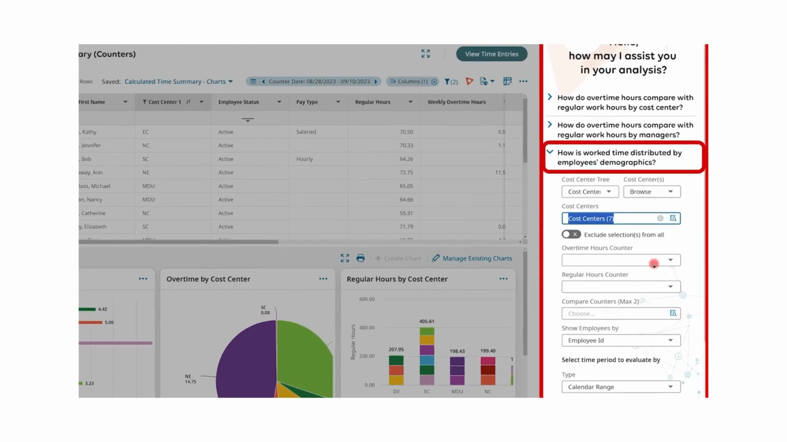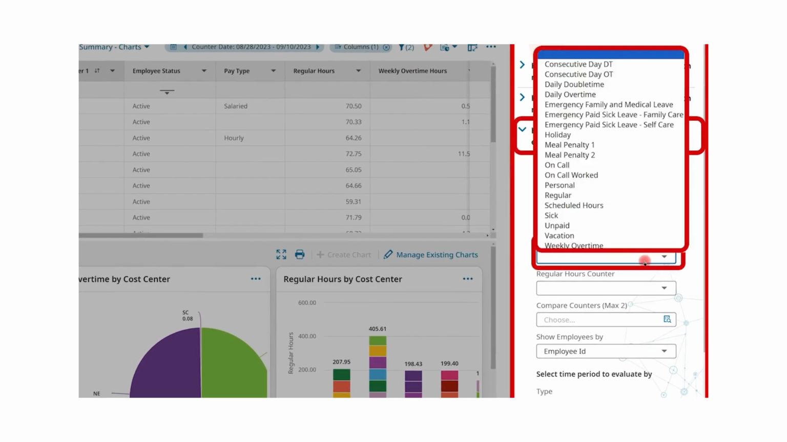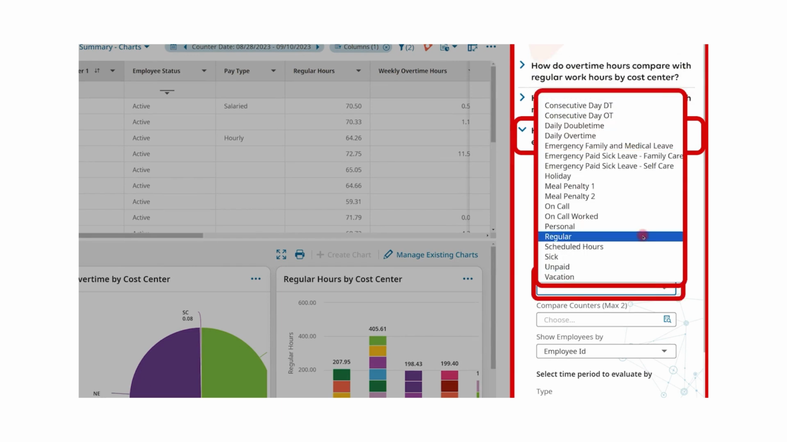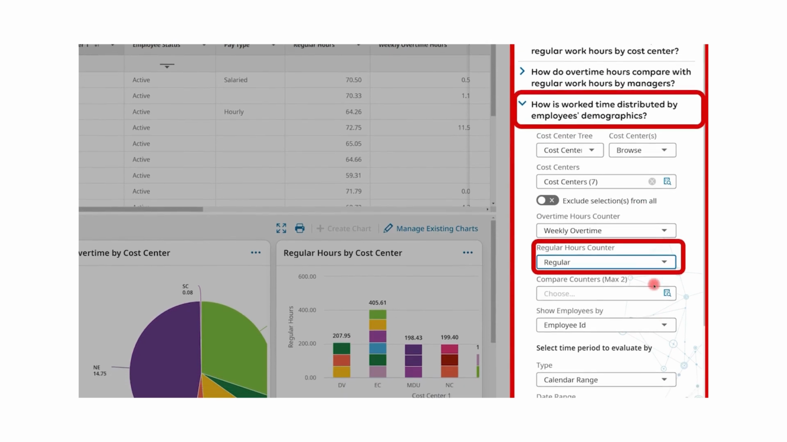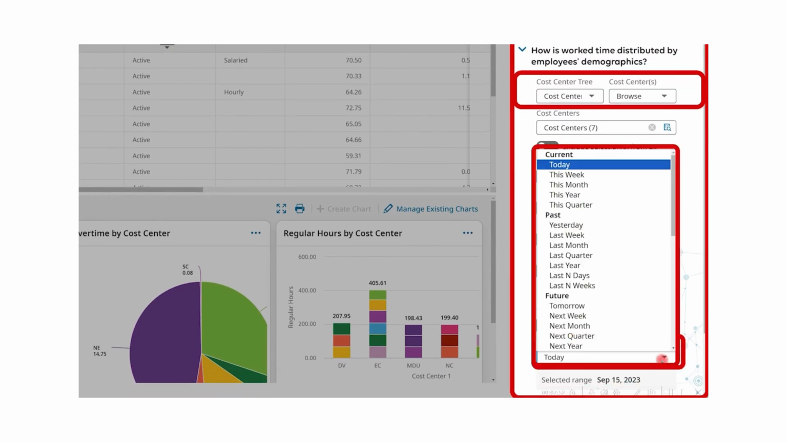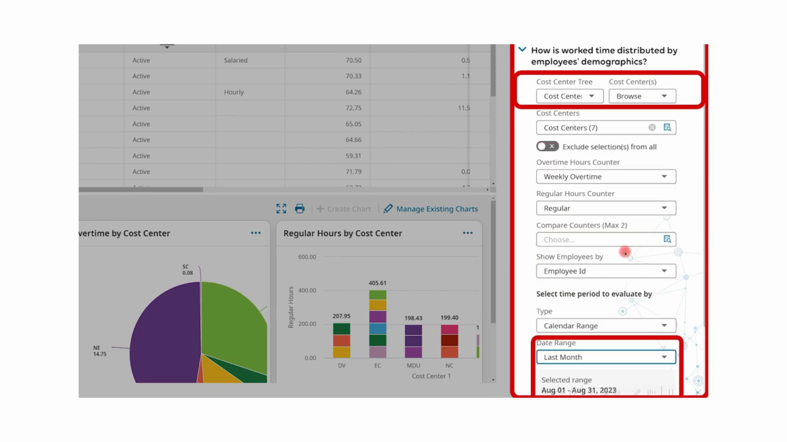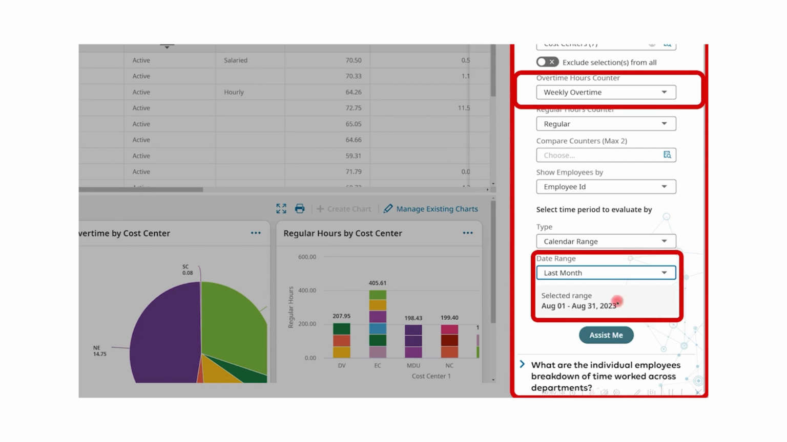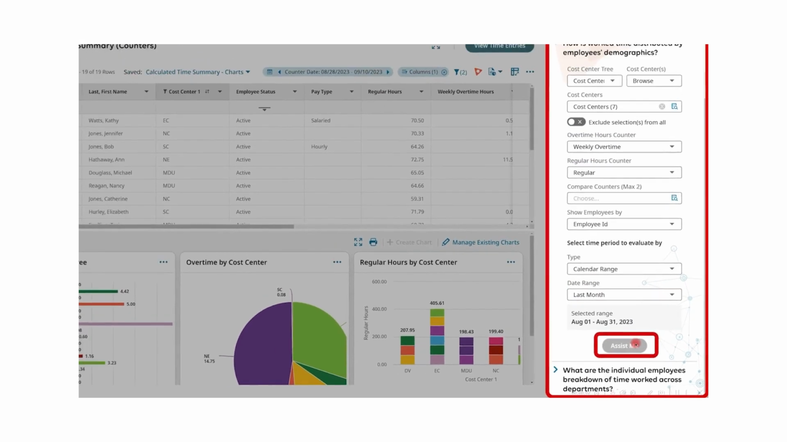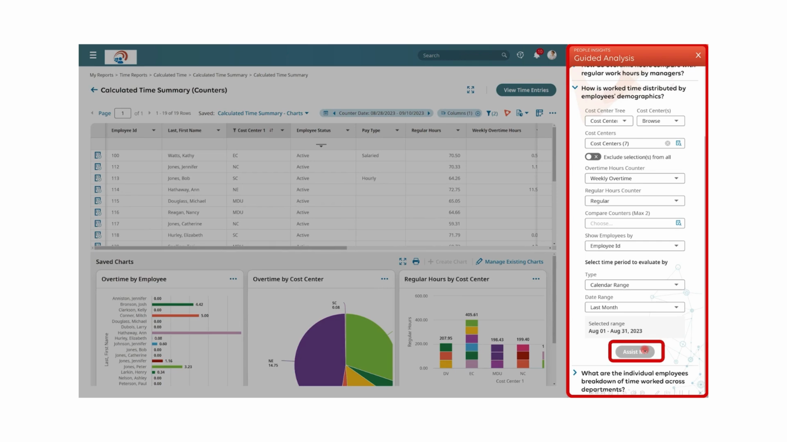Then, in this case, we are going to be reviewing our weekly overtime hours and our regular hours. And finally, we can establish the date range that we will be evaluating. So in this case, let's look at last month's data. And once you're ready, you can click on the Assist Me button, and this will bring up our Insights Explorer